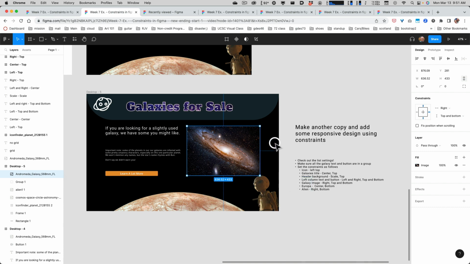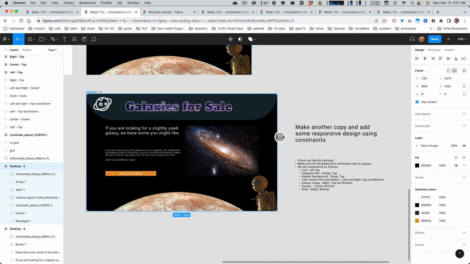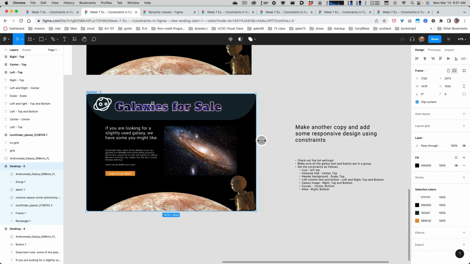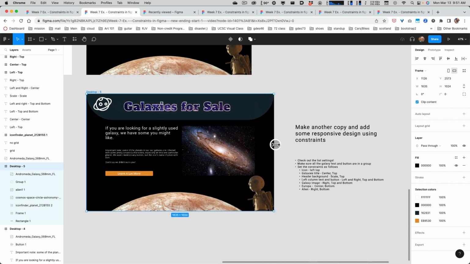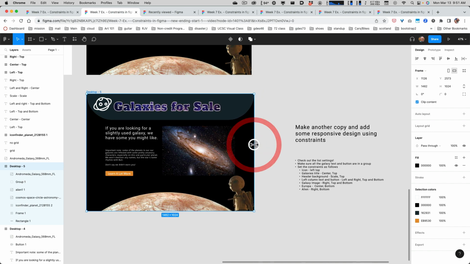Okay, and then this guy is staying in the middle, the Europa, and Bill or Bob is staying in the bottom right. So that is pretty close to a responsive design there, like you would see on an actual web page, which is kind of what we're going for. So you could do a lot of this stuff, like I said, the responsive things and having things reflow and resize, using auto layout as well, but we're gonna see that in a different video